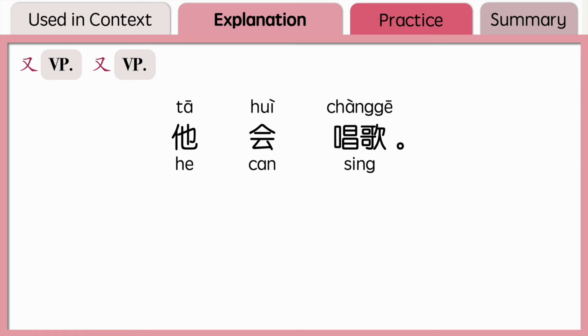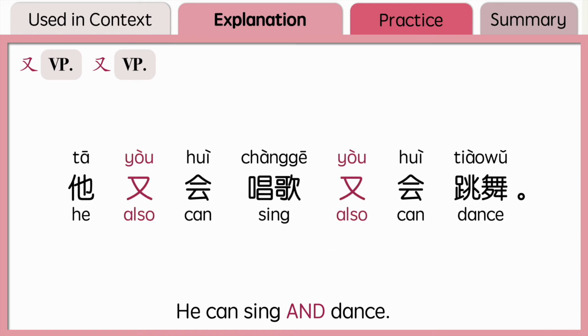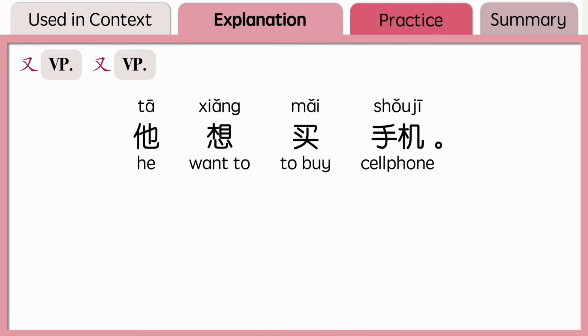他会唱歌，he can sing. 他会跳舞，he can dance. If you want to say he can sing and dance, you can combine these two verb phrases and say 他又会唱歌又会跳舞。